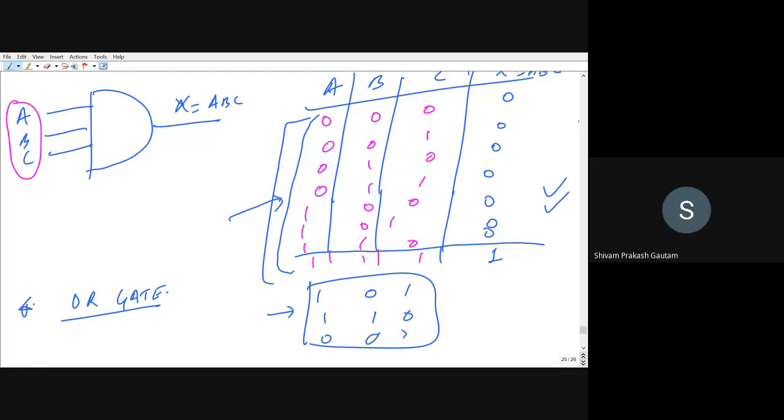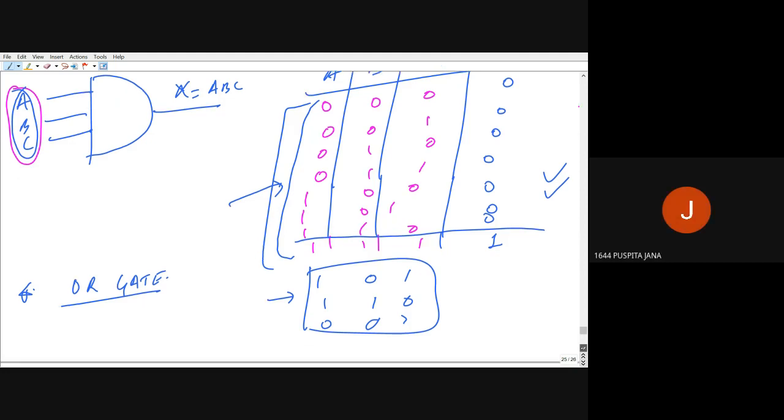Why am I writing it like this? Because I will be following this in the other gates as well. So in that way, uniformity will be maintained, right? You can give any way you want, but please remember that you have to represent all the possible combinations. Here 3 inputs are there, so possible combinations will be 8, right? Any way you can arrange.